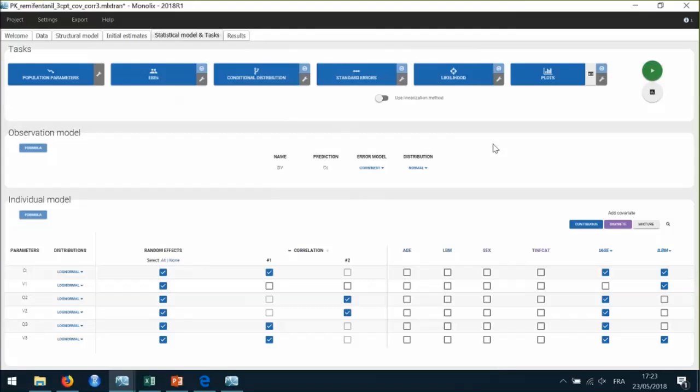In this version of Monolix, it is not possible. However, there is a bootstrapping function that is included in the R package RsSimulx, which I was talking about previously, that will be released very soon. And with this, it will be possible to perform bootstrapping easily with Monolix by calling it from R.